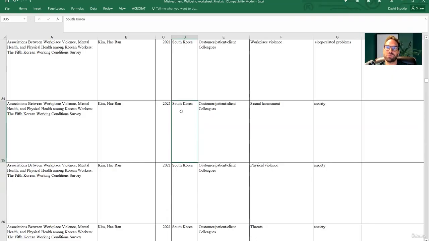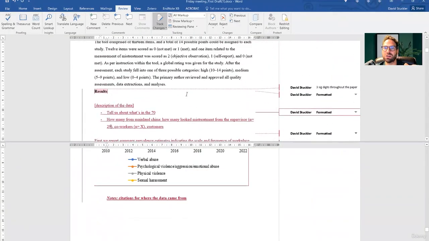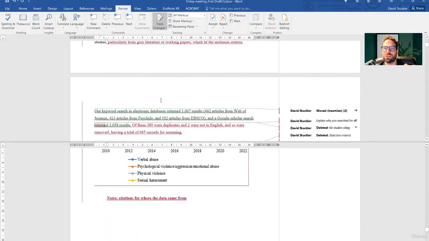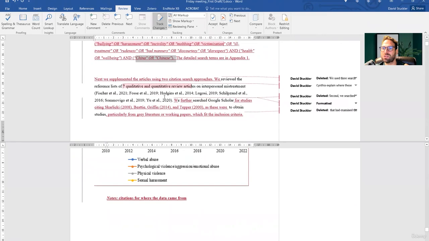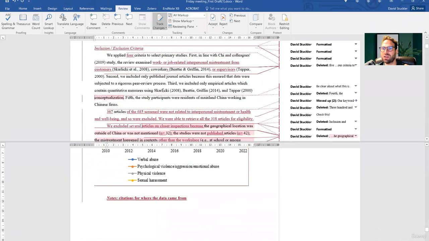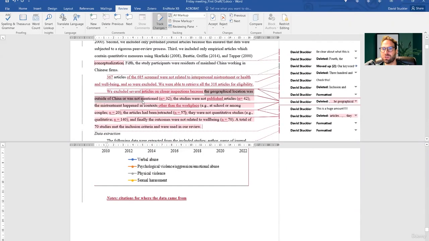I think that goes in the discussion, but you've made very clear in your inclusion exclusion criteria that your keyword, you limited to China or Chinese, and that geographical location outside of China was excluded. So I don't understand how those articles got in there. So really check that, because somebody's going to look at that and say, well, you didn't follow your criteria. I just don't want that to come back.